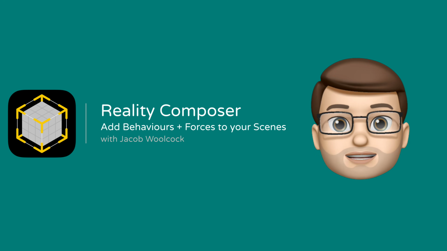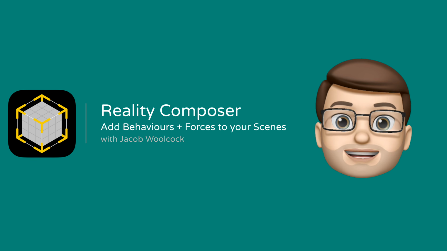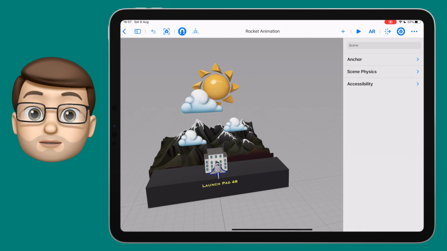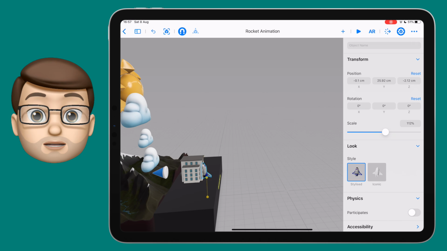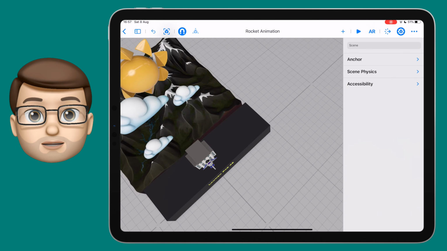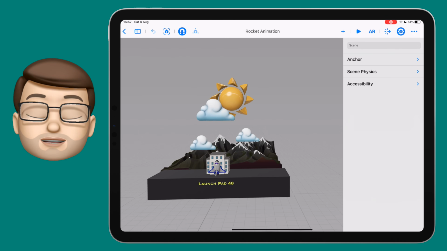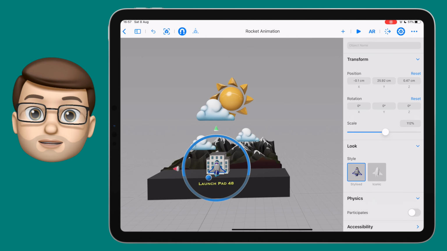How about we start adding some movement and life to our augmented reality creations? I've built this scene and I've added a space shuttle to the very front of it. And what I want to do is make that shuttle take off when I tap on it. So, to make this work, first of all, tap on the object to select it once, and then in the